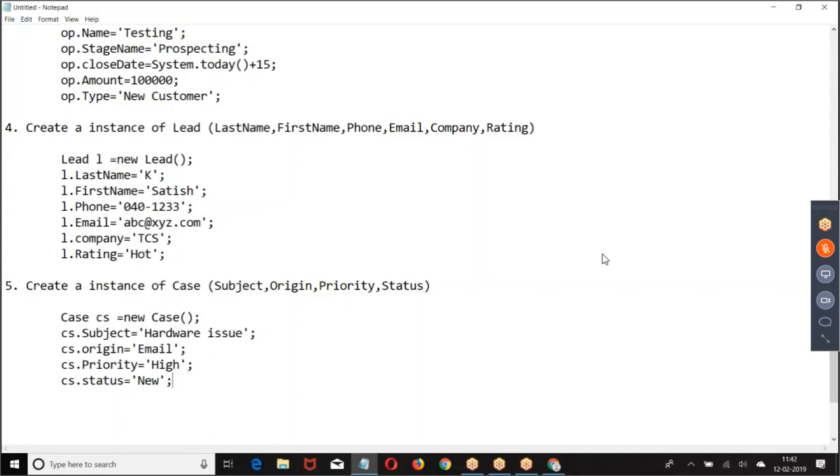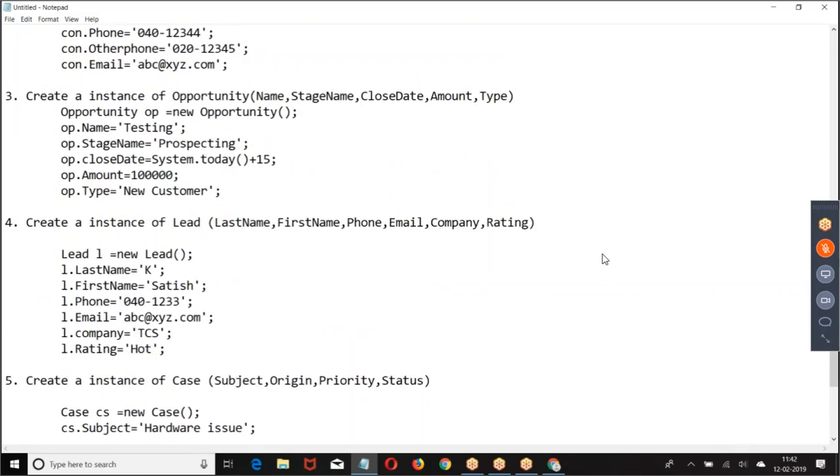When inserting data into the database, required fields are a must. If you don't enter the required fields, it will throw an error message. So whatever is required, I have just mentioned here. Okay. So people are good with this.